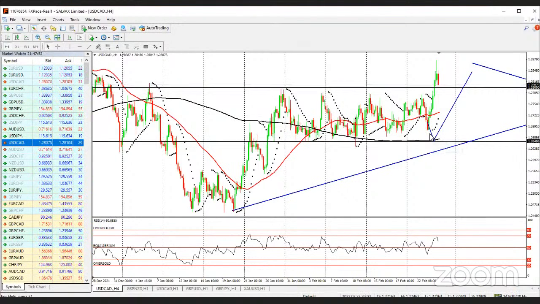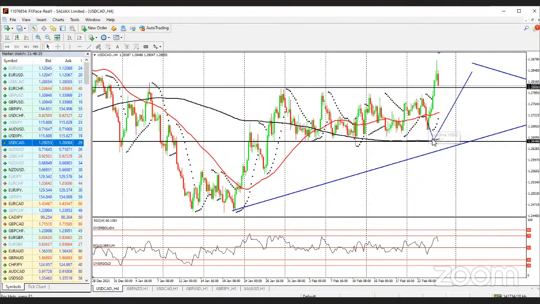And I said, now that we observe a range and you want to buy USD CAD, remember this is USD CAD, look at it here. That means USD is the base currency and CAD is the quote currency, right? If price comes back to a psychological number or the base of this range, since we've also had multiple touches on this zone, we can use this zone as our buy entry.